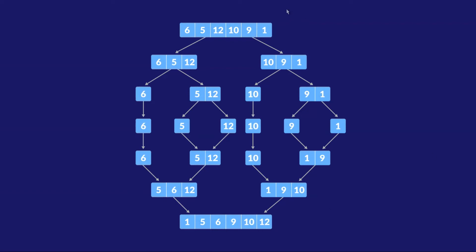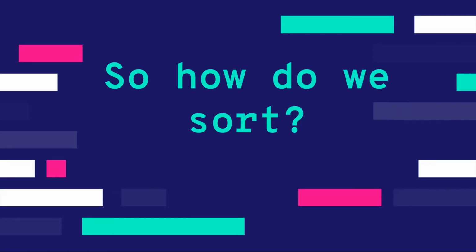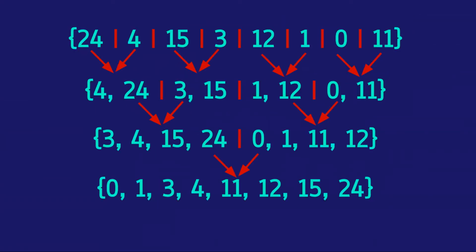Was that part clear, guys? You must have been having this doubt, like where do we start sorting? Where do we get the sorted arrays from? The answer is, when we have individual elements, those elements are already sorted. So we start merging from there. When we start merging from there, you consequently get bigger and bigger sorted arrays. Finally, you get the original answer. So this is how it works, right?